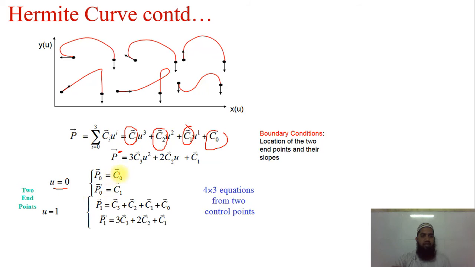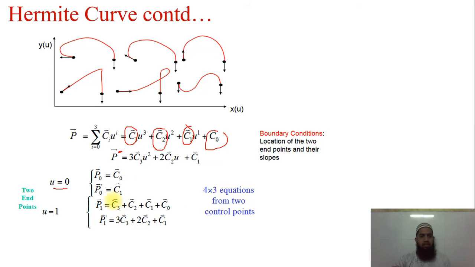In this case you have to find the values of all the constants C3, C2, C1 and C0. By putting the values of p and p dash, you will get the values of C0 and C1. After putting the value of u as 0, you can see this 0, this 0, this 0, so I'll get C0. Then I'll put the value into p0 dash, where I'll get C1, with C3u and 2C2u being 0. After putting the value of u of 1 in p of 1, I'll get C3, C2, C1 and C0, because none of the values will be 0. In this case also I'll get this equation.